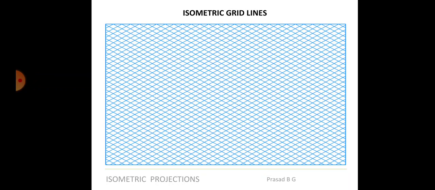Okay, so this is the isometric sheet that you are having. Students, please note, for those who have the sketchbooks, this is not the sheet we have been using till now. That was a different sheet, right? Whatever you have been doing for projection of points till projection of solids, those sheets are different. If you turn back your sketchbook, at the end you will have a different kind of grid sheet. I have told this earlier also in the class.